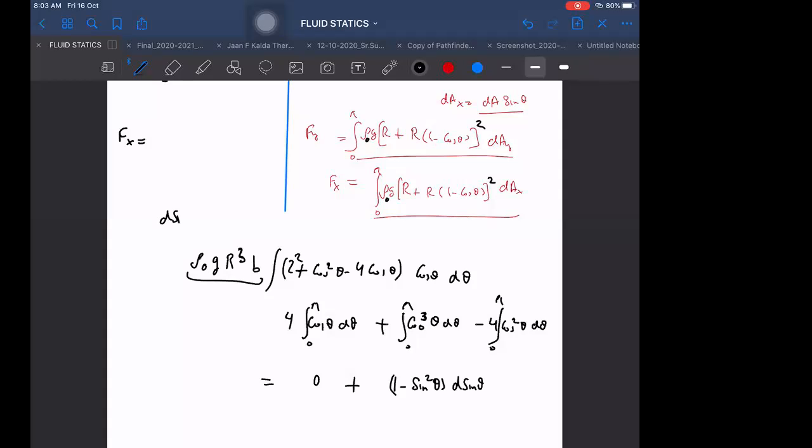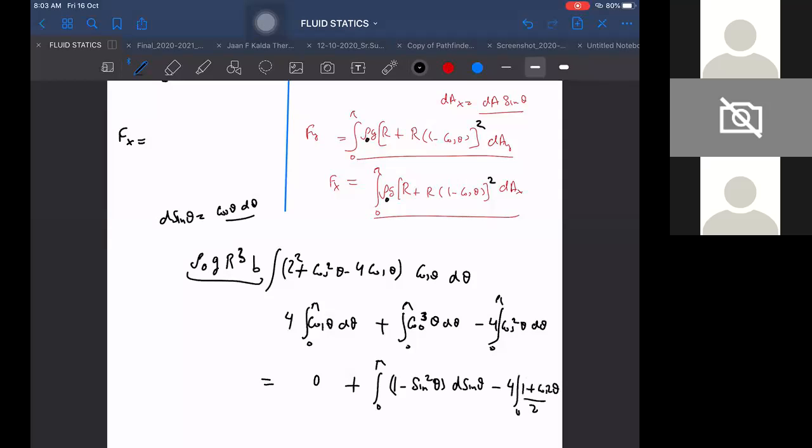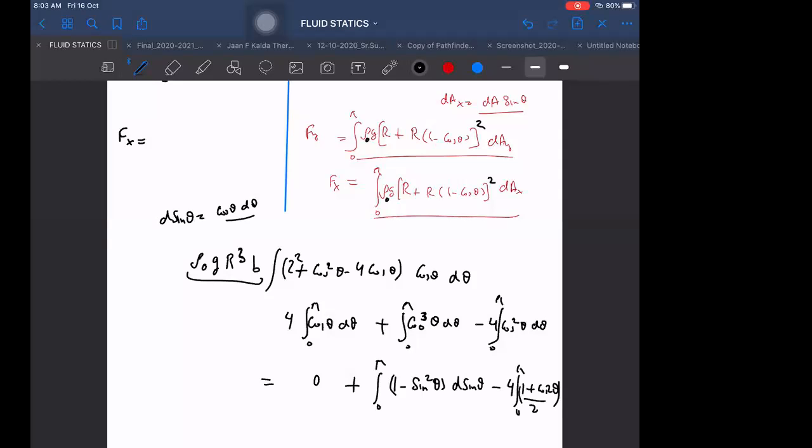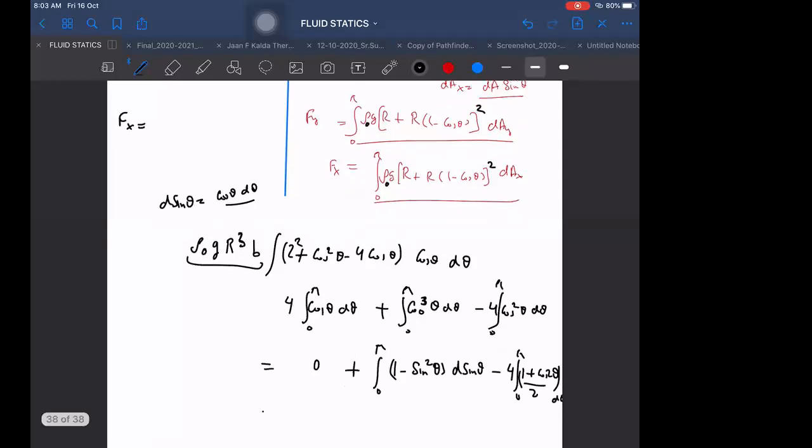Minus 4 into cos square theta, we can write as 1 plus cos 2 theta divided by 2, integral 0 to pi d theta. What do we get? Finally, sin theta, sin pi is 0, sin cube theta by 3, that is again 0. This time also we are getting 0. We are left with the last term: minus 4 into 1 by 2 into d theta, minus 4 by 2 into d theta. d theta is theta only, that is pi